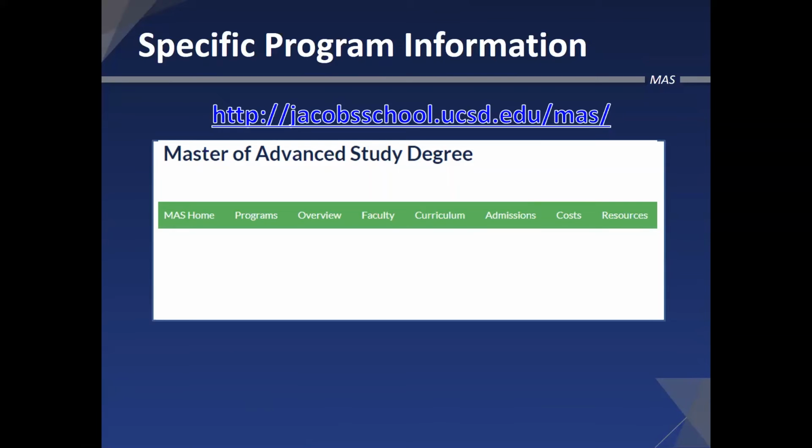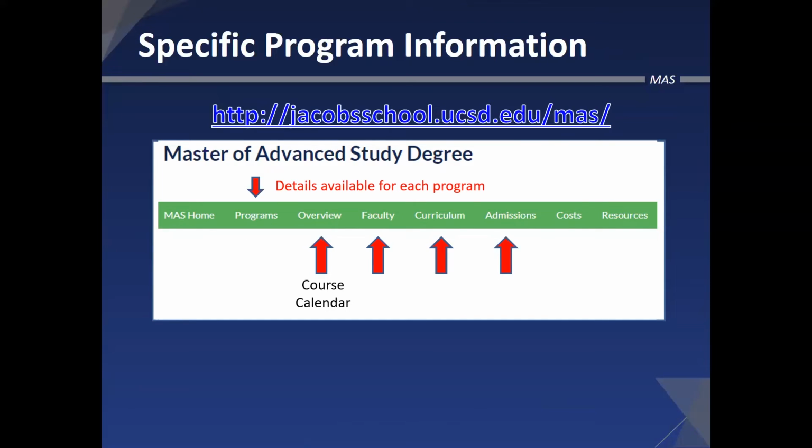So if you go to our website, we have a lot of information about the programs there. There's details for each program. There's an overview. There's a course calendar for that specific program, so you could see when classes would happen over the whole 1 year or 2 year. There's bio information about the faculty who teach in the program. There's more information on the curriculum and what's covered in the courses. The admissions page will let you know more specifics about what's needed if you decide to apply. There's a cost page which has a breakdown for what the costs are for the program, and there's resources which include an FAQ. So a lot of information there on the website to help answer your questions about the programs.